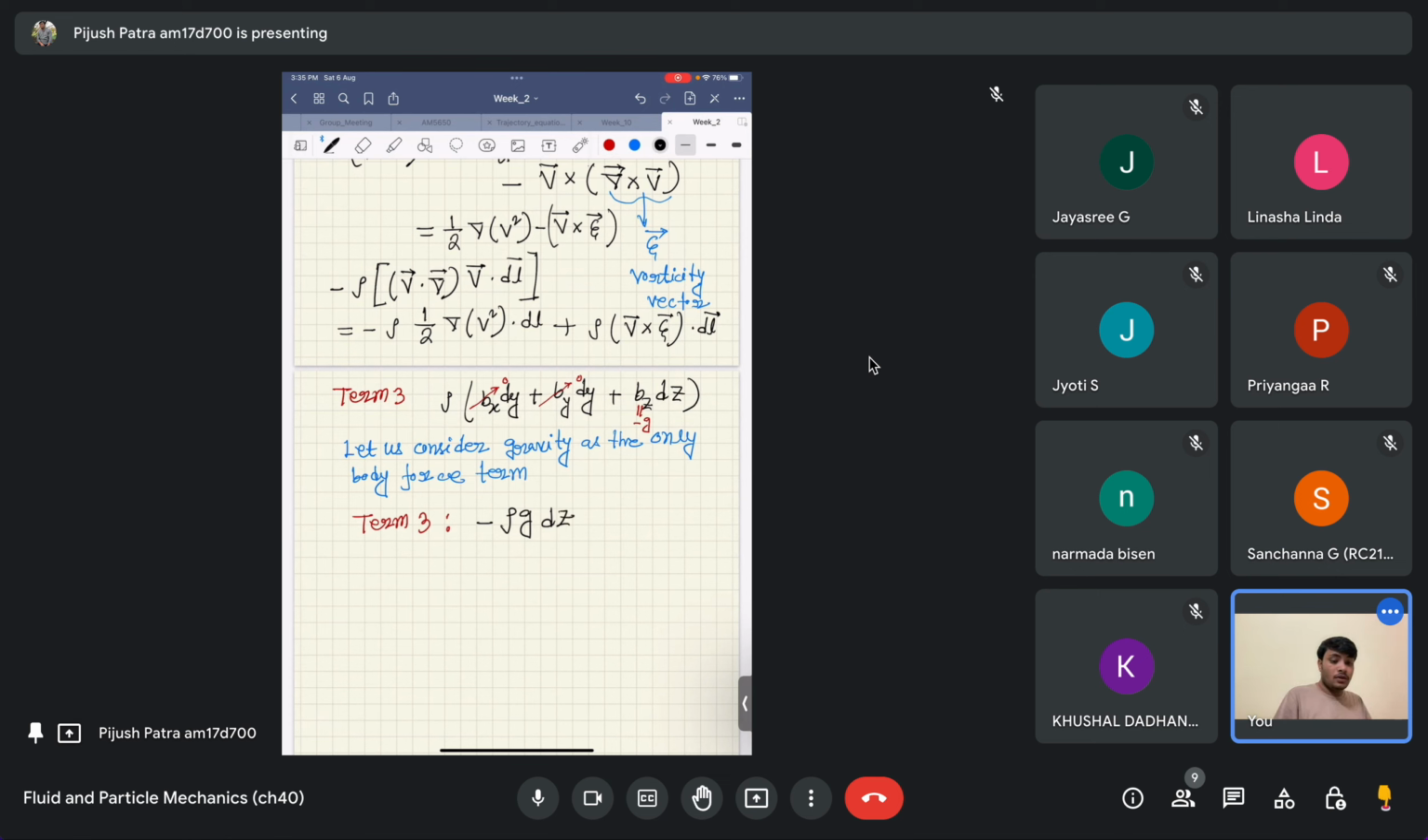So what is the assumption I made? That gravity is the only body force that the fluid is experiencing. That is the only assumption, and because of that assumption, the entire body force term, or the term 3